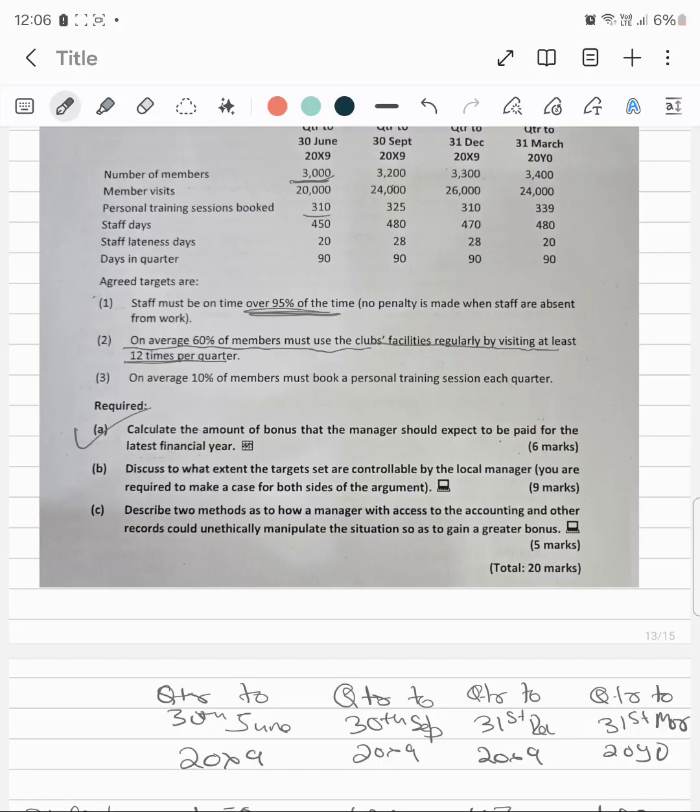So that 60 is extra, right? I can show for last quarter that the actual number of visits were 300, and the target was also 300. And those 60 visits can be shown in the next quarter of the next year. So this is how it can be manipulated very easily,